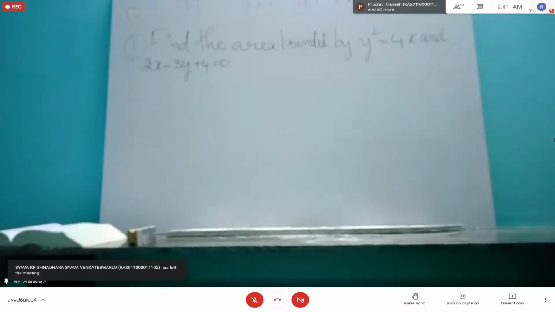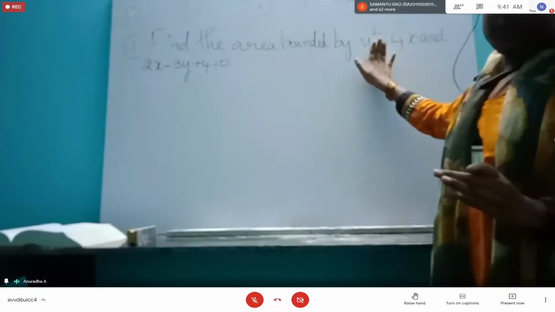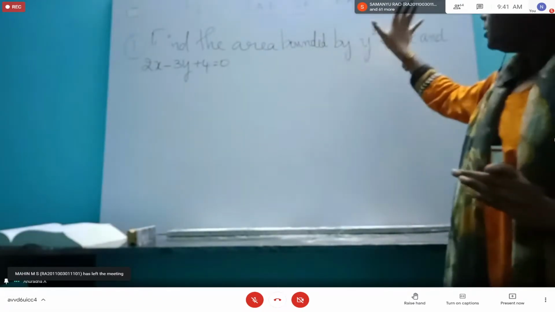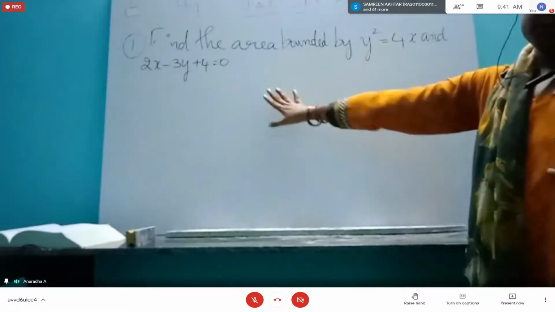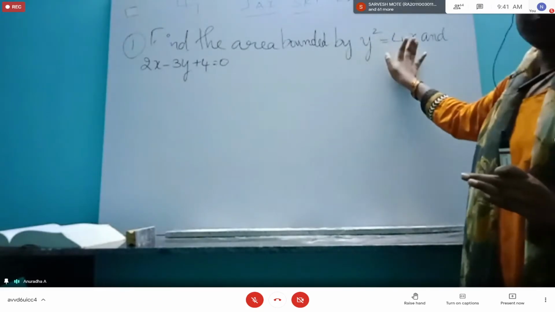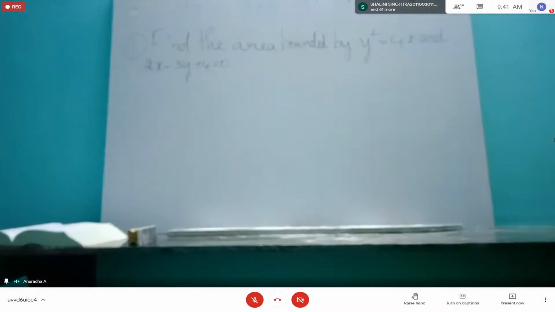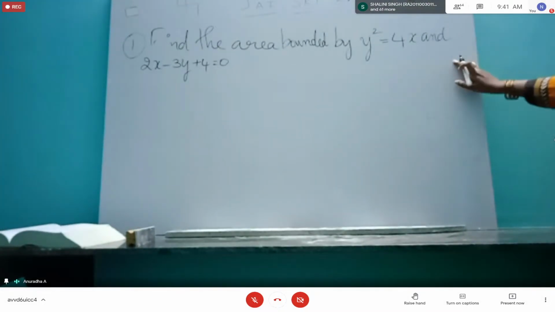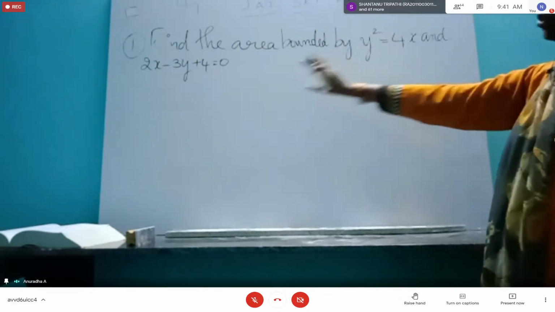The first question is only ellipse, either above or below the x-axis or to the right or left of the y-axis, anything they can ask. Anyway, it's going to be pi ab by 2, we know the formula. For this question, they will give one parabola equation and one straight line equation, in the form either x square equal to something or y square equal to something, with a small change in the coefficients. I have taken this from Grewal and Krasik, and the same sum is also there in the Veerarajan book with a small change in the coefficients.